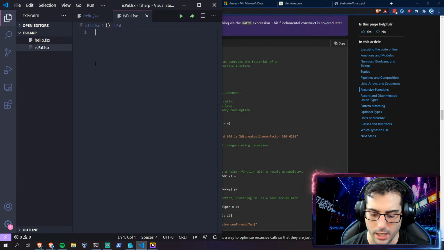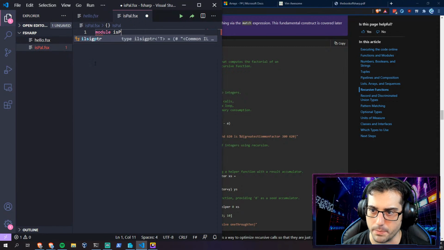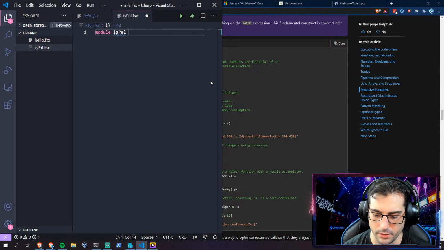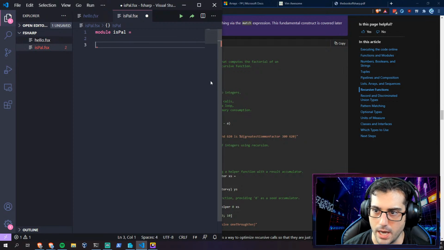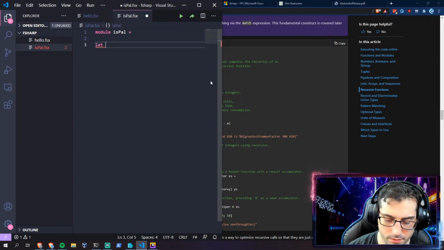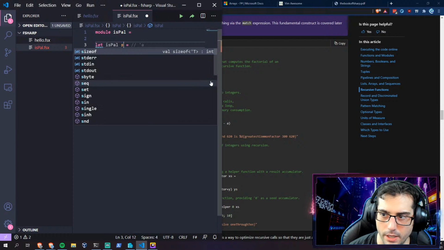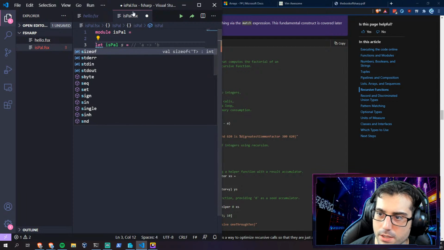ispal.fsx, and I'll call it module ispal. Am I doing this right? Oh, I gotta have an equal sign. Yeah. Okay. Cool. So we're gonna write let ispal equals, and ispal, we'll call it s. Look at this. Look at how the syntax highlighting is going. I'm getting kind of type here, and